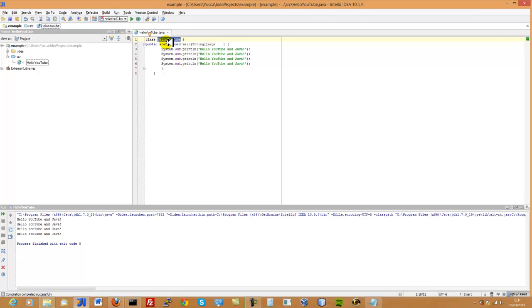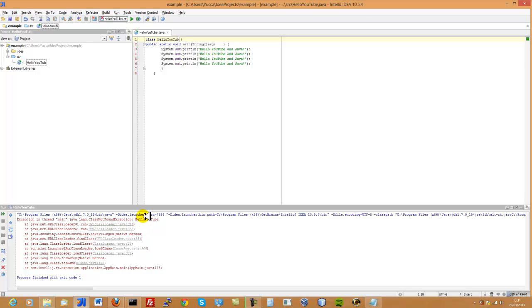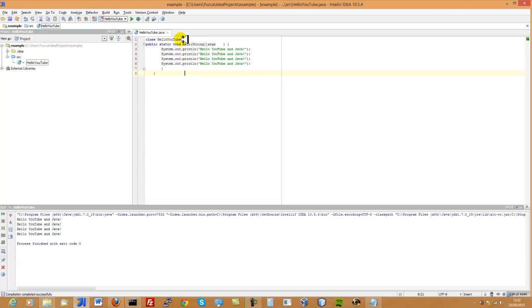Likewise, if I try and rename the file to a different name to the file name over here, I'll get an error, just as an example, just to show that the name that you choose for the file must become the file name for your Java application. And you'll see I get an error, it can't find the class, and the reason for that is because the file name, which is hello YouTube, sorry, just bear with me, sorry, remedy it, and so anyway, our Java application is working,